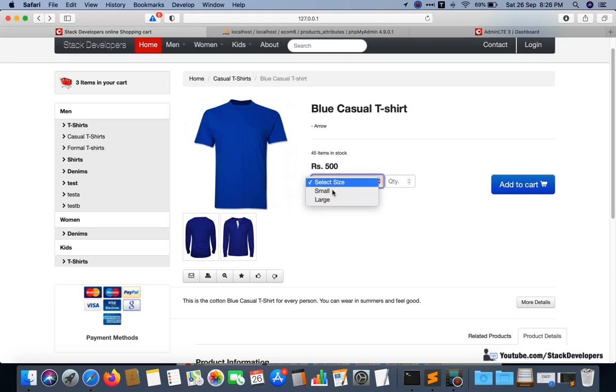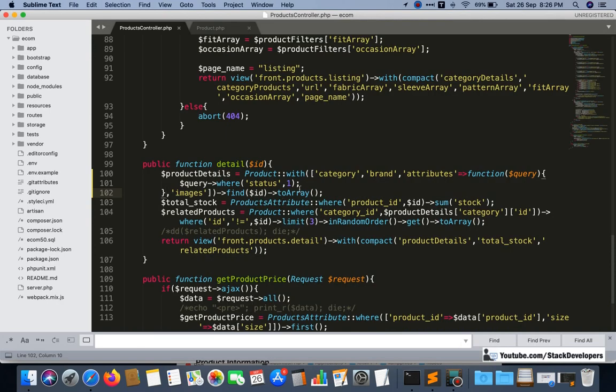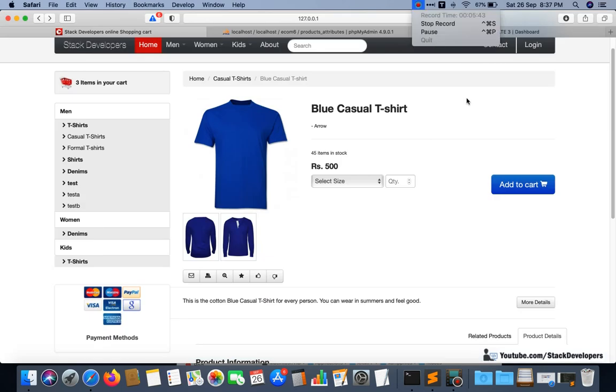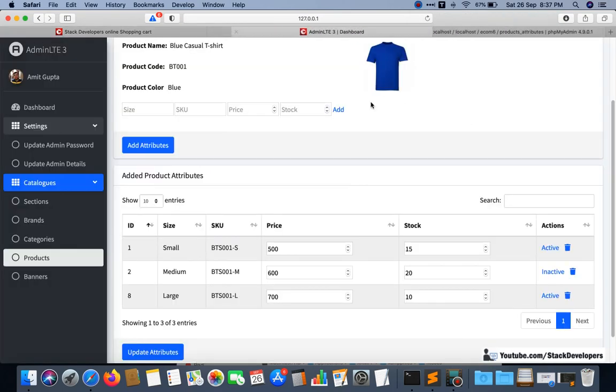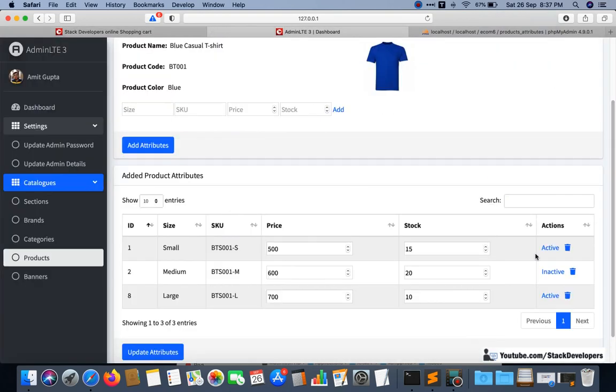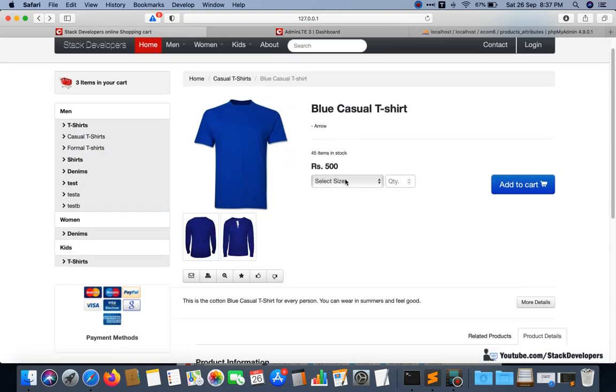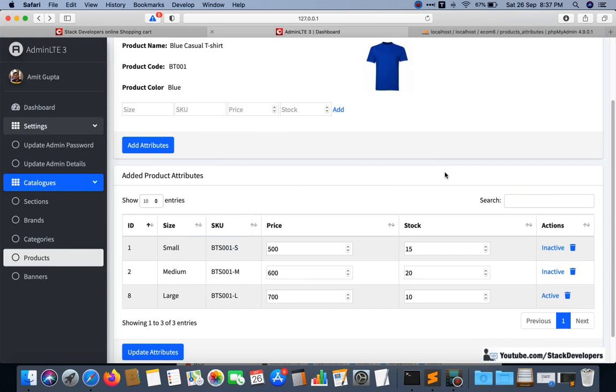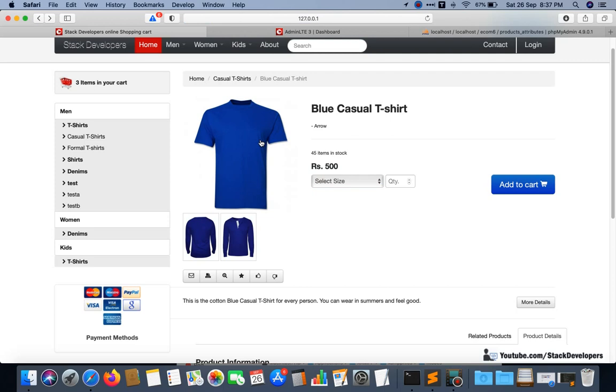Okay, so now we can check here, small and large size are coming, medium is not coming because we have added the condition here. Now you can see that in admin, if we will disable any size, that will not come at front end. So here I am going to disable small also, only large size is now active, and both small and medium are inactive, and we can refresh and we can check here that only large size is coming. Okay, so those active sizes we are going to show at front end.